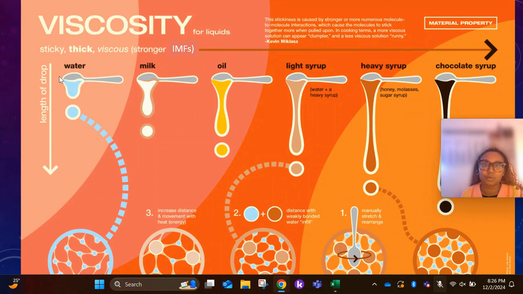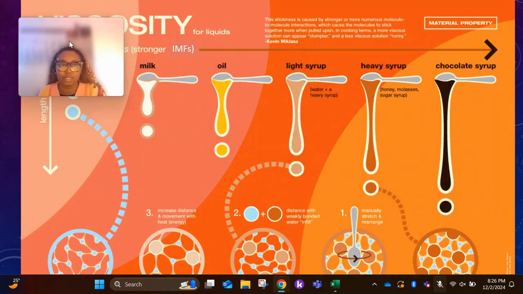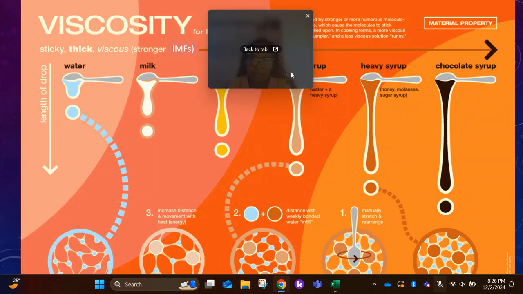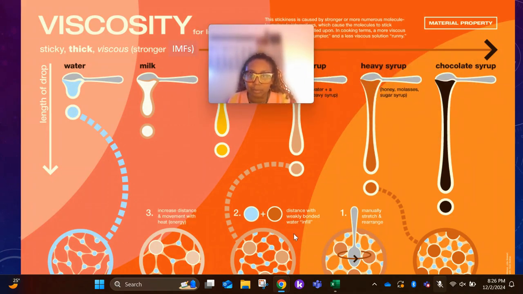So, of course, they go from water to chocolate syrup. And if you look at the picture, right, what's really important down here is they're showing you, like, for a heavy syrup, I can manually stretch it and change how it looks. If we get down here into the oil and light syrup, the distance is